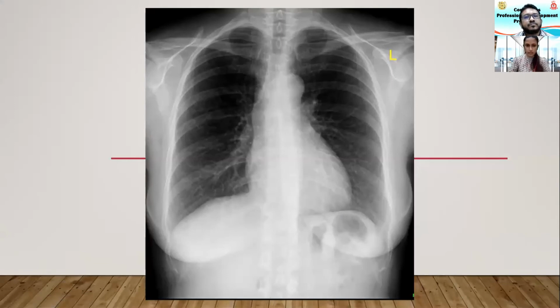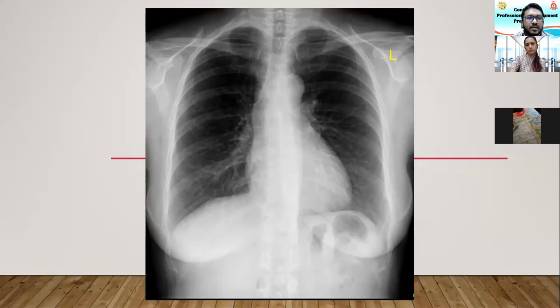There's another question, sir. How to differentiate airspace opacity and interstitial opacity? Yeah, so that's a good question. The airspace opacification will be more profuse and larger, whereas interstitial opacification will be linear because it's between the bronchi, and then it will be between the alveoli as well. So it won't be coalescent, large changes you won't be able to see in interstitial opacities,